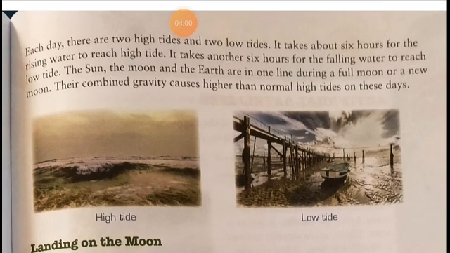The sun, the moon and the earth are in one line during the full moon or new moon day. Their combined gravity causes higher than normal high tides on these days. So the high tides and low tides are because of the gravity of the moon and the sun, and the rotation of the earth. So I hope it is